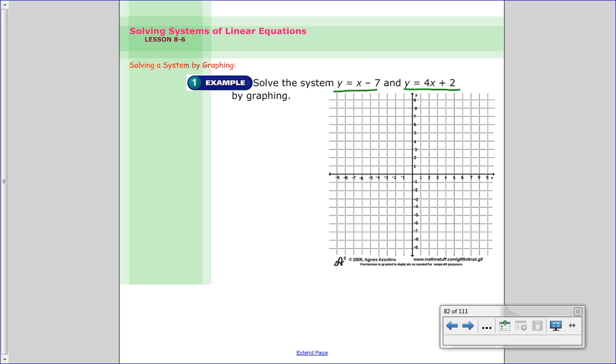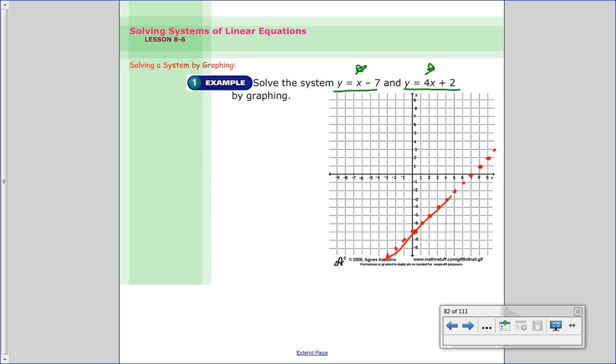In order to solve these, first just graph the first linear equation, and then secondly do the second one. How I'm going to do this is using that last method we talked about, using the y-intercept and the slope. So in this one, my y-intercept is negative 7. My slope is just 1 over 1. So I go up 1 over 1, and I just keep on going, up 1 over 1. I'm going to try to cover the whole coordinate plane that way. And when I go the opposite direction from the y-intercept, I do the opposite, so down 1 over 1,